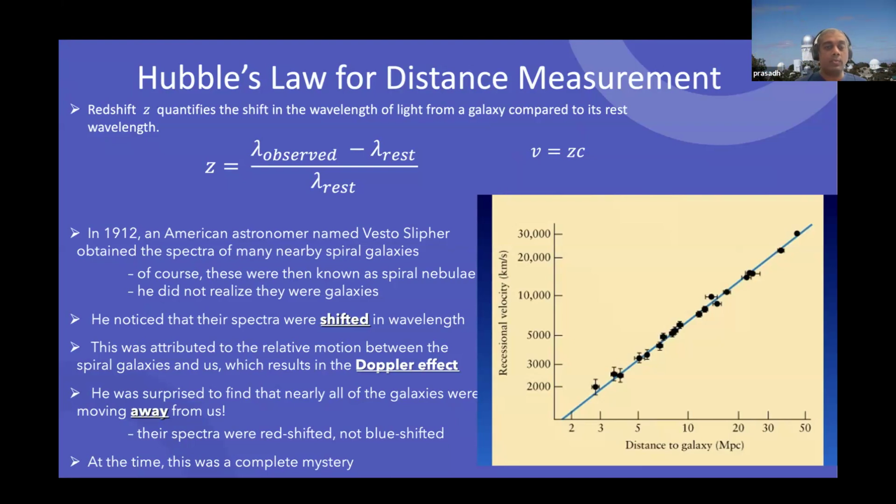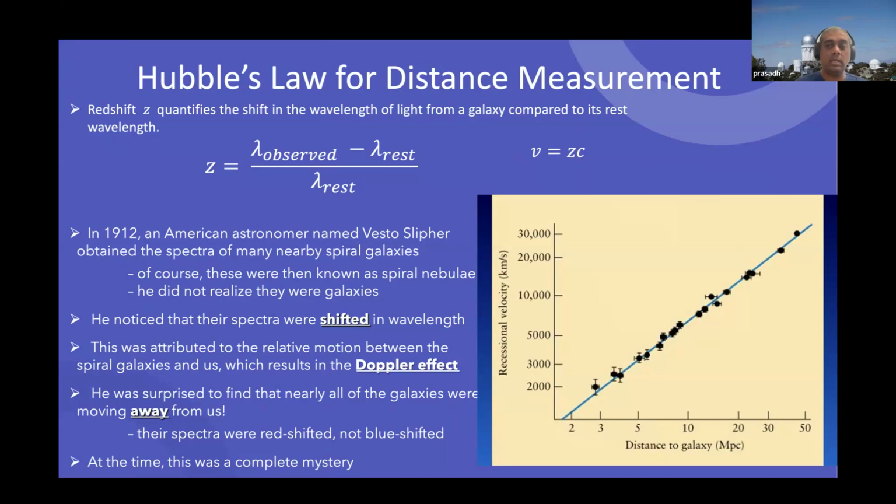And so we define a value called redshift based on that, and this is nothing else but you just take the observed wavelength and then you subtract the rest wavelength. Rest wavelength means if this particular galaxy is stable and does not move, what will be that wavelength? We used to call this the laboratory wavelength, and you divide it by the rest wavelength, and then you will get a small number without any units. And that particular number is what we call the redshift value of a galaxy or a galaxy cluster,